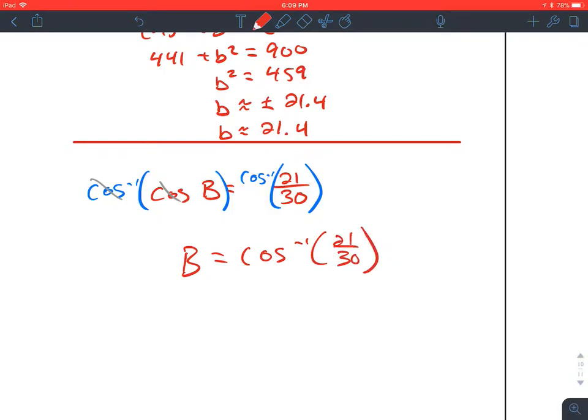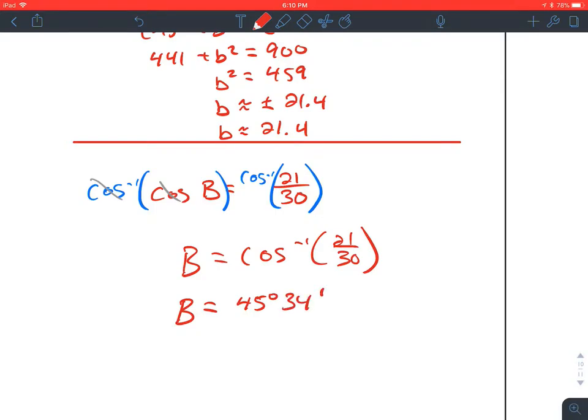The directions ask for a rounded answer. So I put that in my calculator. You hit second cosine, 21 divided by 30, close your parentheses and enter. You're going to get some kind of a decimal. If you go and hit the math button, I believe there's a thing that says, like an arrow pointing to the right, to degrees, minutes and seconds. Select that, and it's going to change it to 45 degrees,